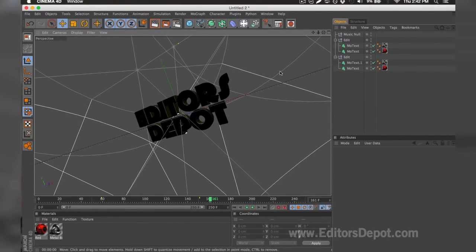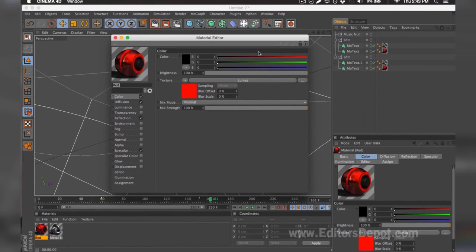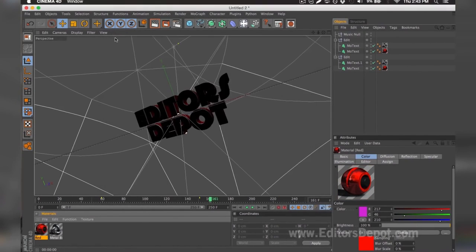I'm 100% happy with the colors because it's red and Editor's Depot is red, but if you're not happy with the colors, you can simply come down below, double click it, and make any modifications you wish, whether it's make it green, make it blue, or blend it all together and make a little purple. I'm going to go ahead and keep it this way, and I'm going to go ahead and go to my